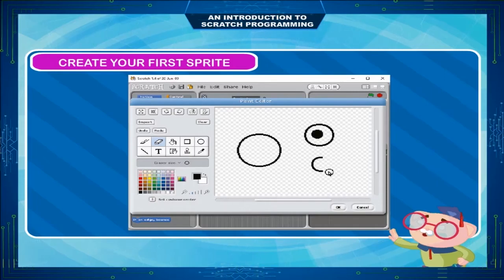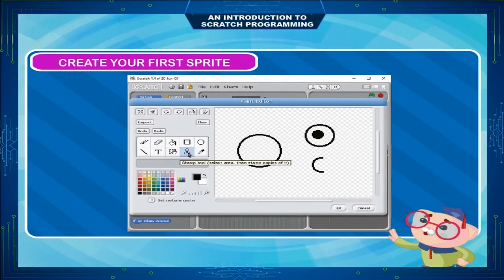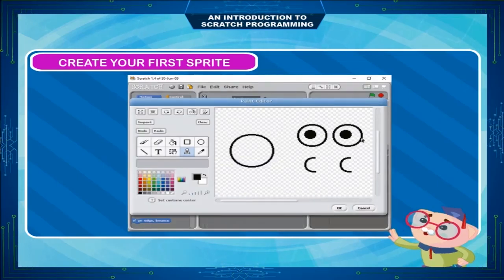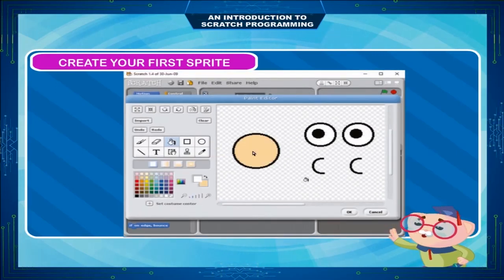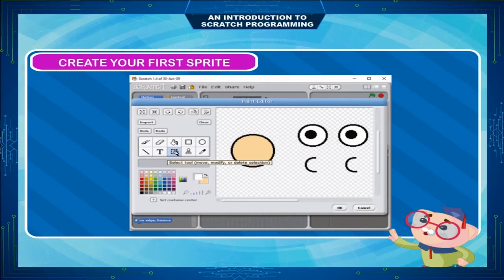This will be the ear. Click Stamp tool button and select the eyeball to copy. Drag the eyeball copy to where you want the new eyeball to be. Do the same for the ear to make two ears. Use Fill tool to fill the face and the eyeball. Click Select tool button and select both eyes,